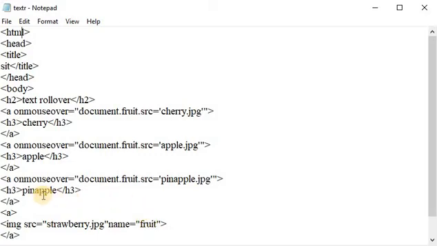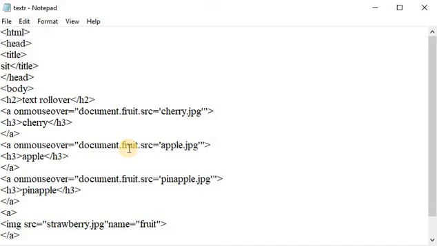For both texts, we have used the anchor tag along with the on mouse over property. We have set the source link for the src attribute of the image element, which is accessed by using document.fruit.